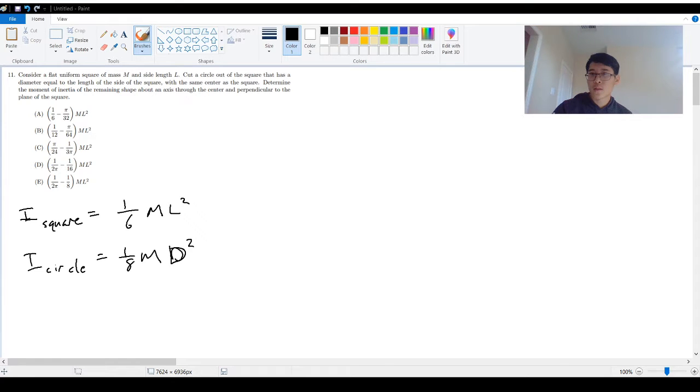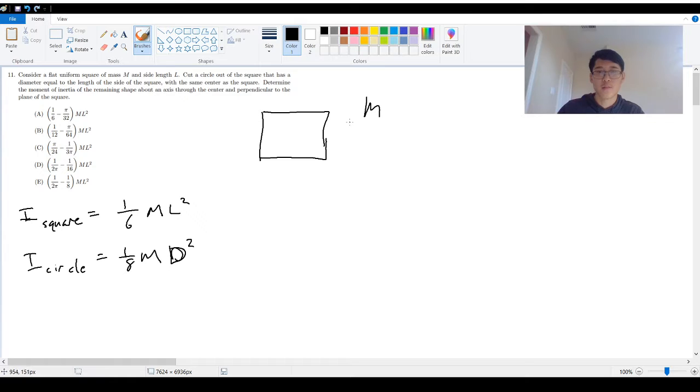Hey everyone, we're now moving on to question 11 in the 2019 B test. The question reads, consider a flat uniform square of mass m and side length L. Cut a circle out of the square that has a diameter equal to the length of the side of the square. So we originally have this square right here